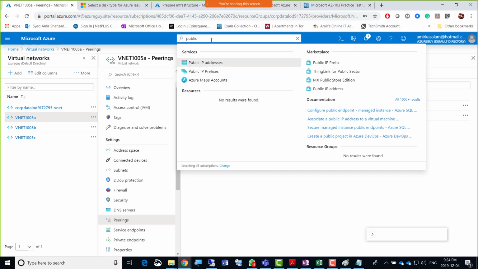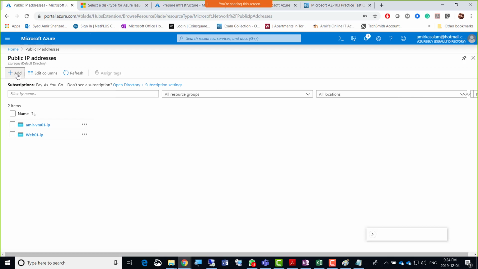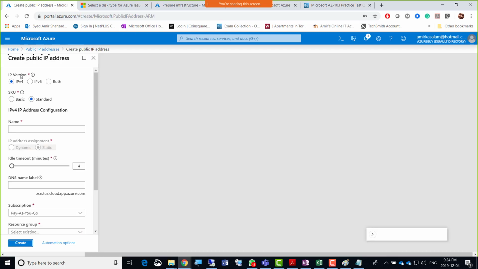As soon as you type public here, public IP addresses comes here. So let's select that public IP address, and two public IP addresses have been automatically created for the two virtual machines that we created. In the background, it does create that because we needed that. Let's click add just to create our public IP. So later you can use this public IP for your load balancer, right?